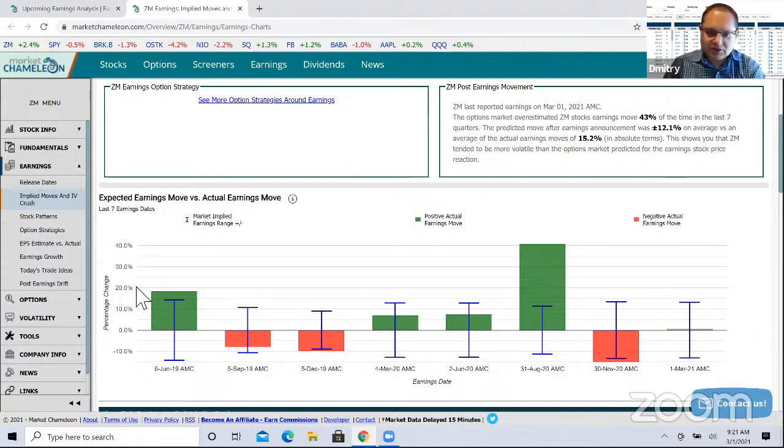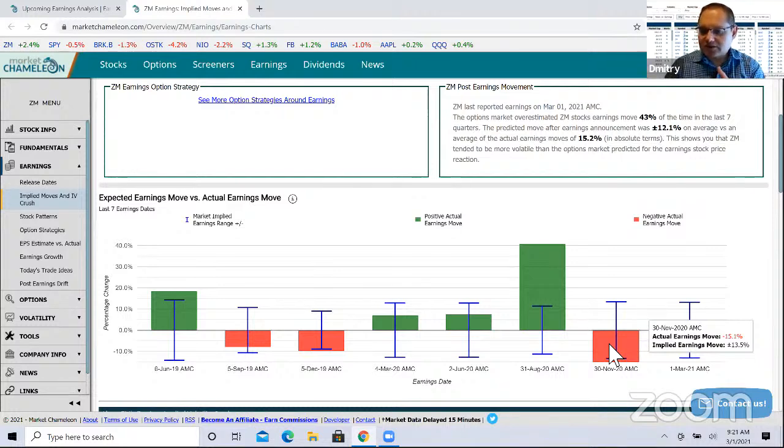What we're looking at here in this chart is these bars represent the magnitude of the move implied by the straddle. So if you bought the call and the put at the money before the earnings, then you're buying premium, and the stock has to move enough to cover that premium, up or down. If you start from 0, this is the percentage moves. So these bars represent the up or down move